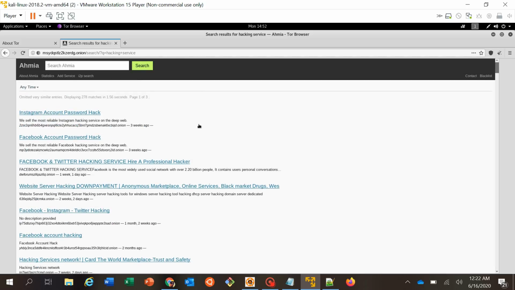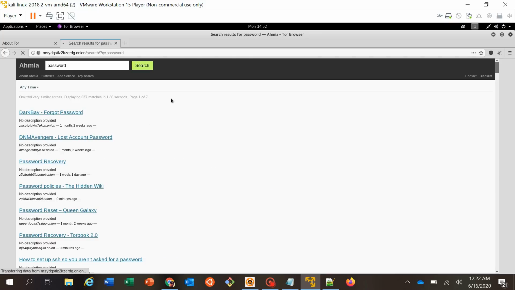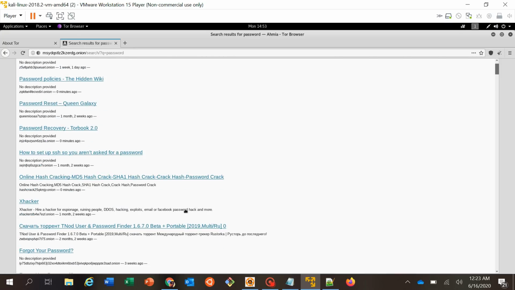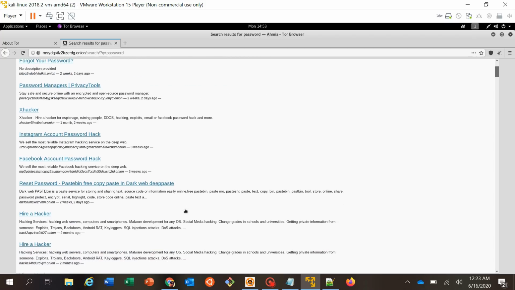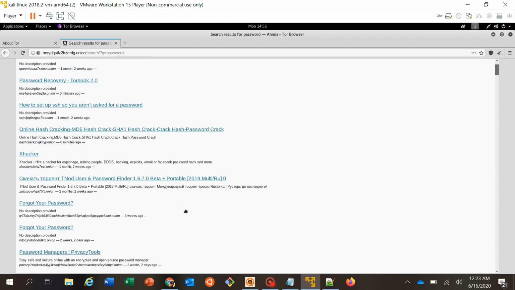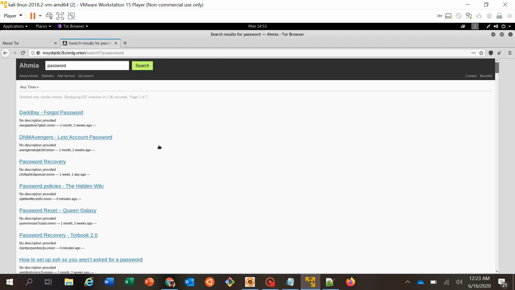Okay, so we can search password. Let's see what it gives me. Okay, so Dark Bay, DNM adventure, lost account password, password recovery, a lot of things it's giving me, right? Now you can use this indexing option to search whether your organization has been breached or hacked by anyone, right? There are some services, there are some video sites as well. So let's see if there is